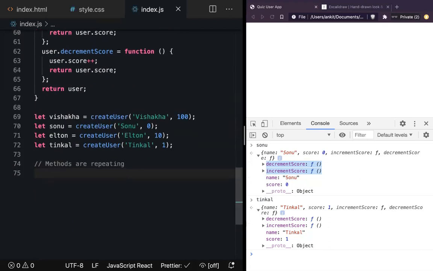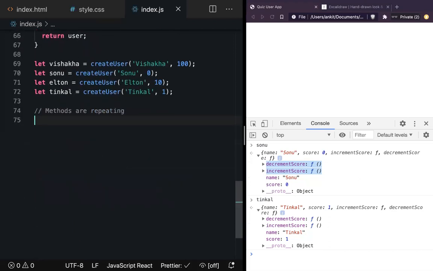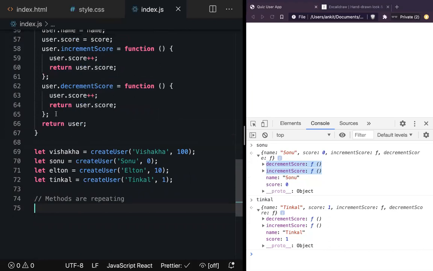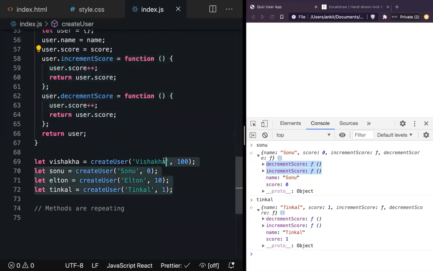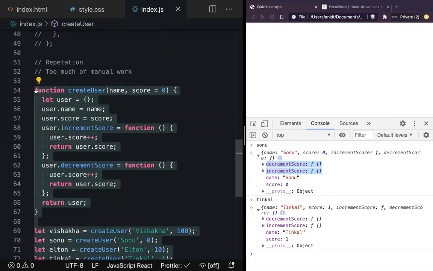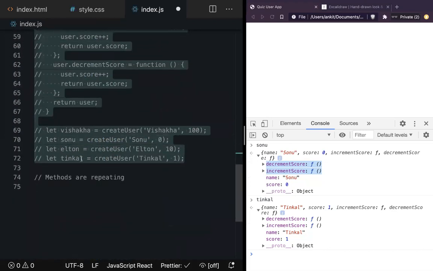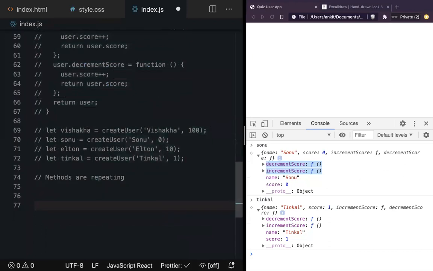How can we fix that? We know there is one way we can fix it, by moving these two methods inside dunder proto. So I'm just going to copy the whole thing and comment it out so you know the progression that we have made, okay?